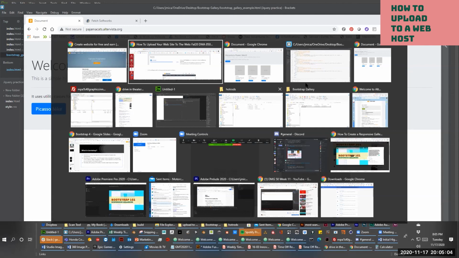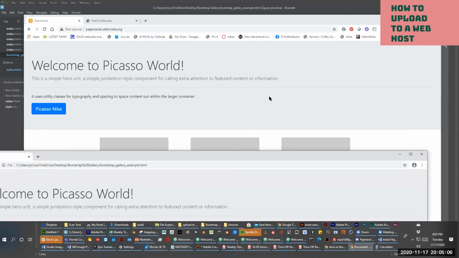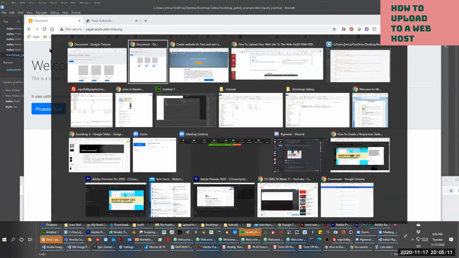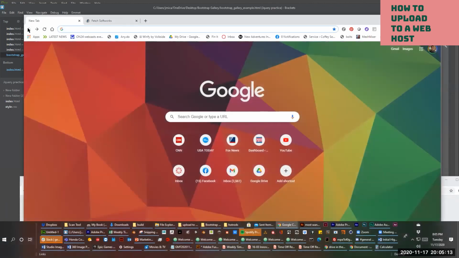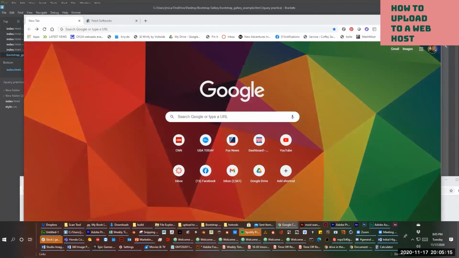Gotta find the right window. I got too many windows here. But yeah, Alta Vista is going to have all the information for the site, which includes